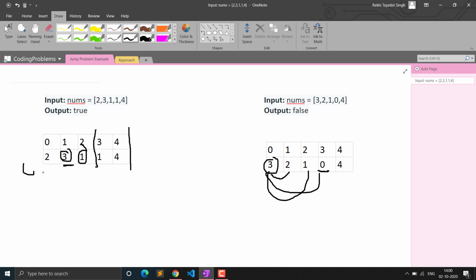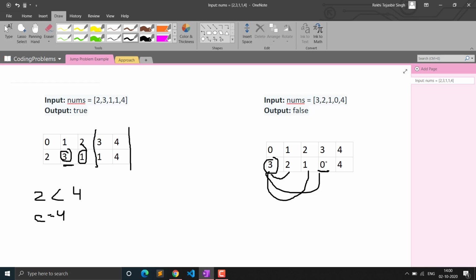If it is greater than the previous point, from 2 we were able to reach 2 at max, the second index. But from 3 we can reach max at the 4th index, which is greater than 2. So we will simply update the count variable, the result variable, to 4, because we have the maximum possibility to reach 4. Now this was one thing. This is the basic approach that we have to think of for the main solution.